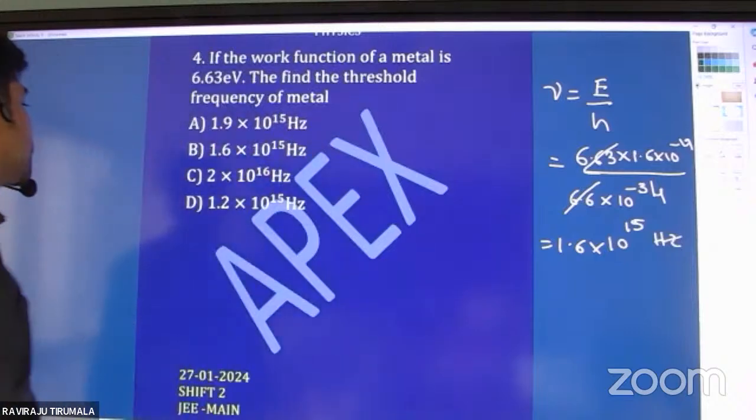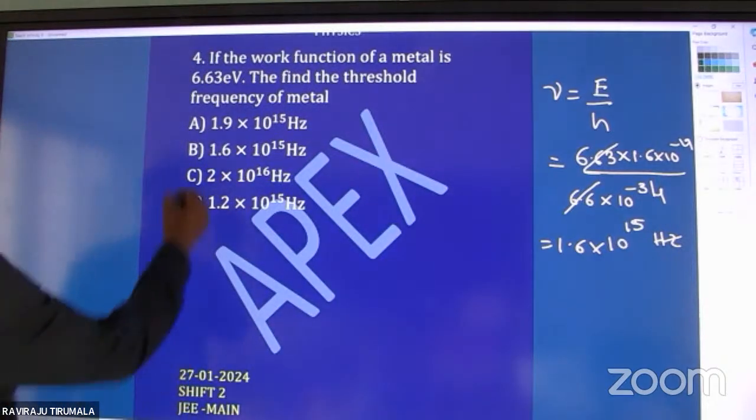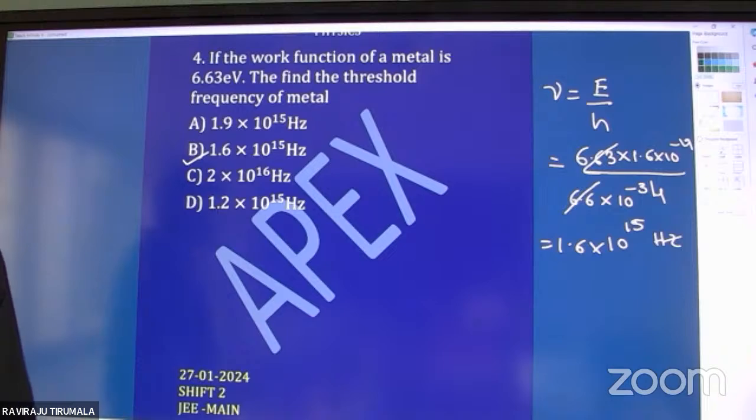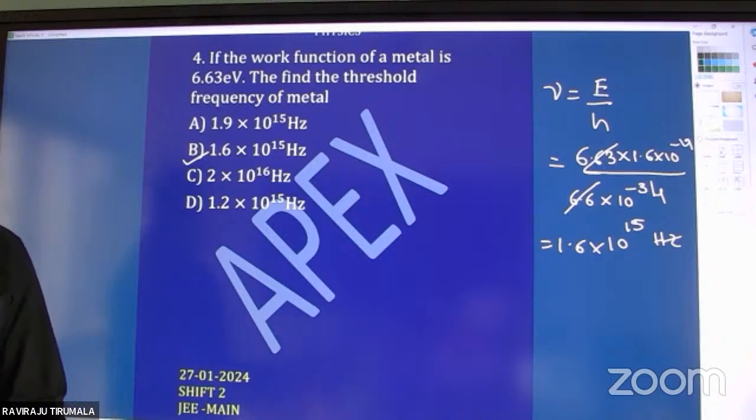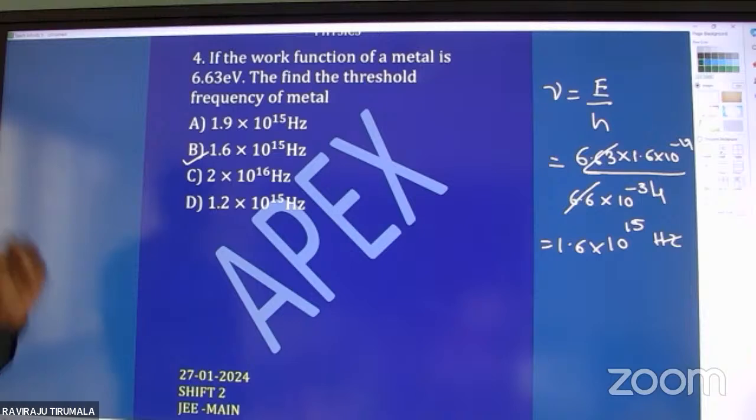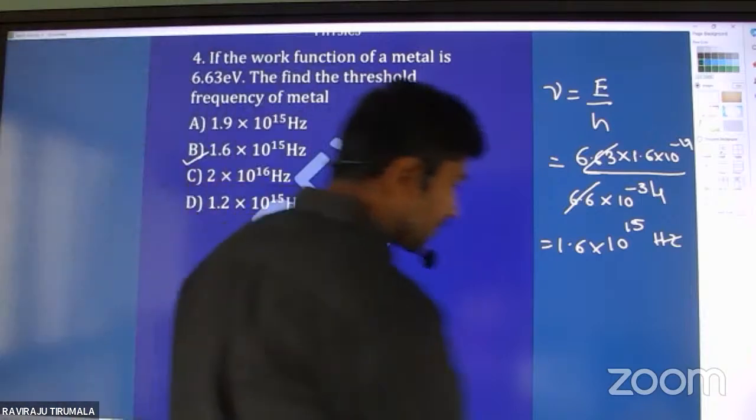It's a very simple question that was given. Where is that option? The second option will be the correct one. So simple, an energy value is given, and the corresponding frequency only they are asking. See how easy the questions are even in the JEE Mains examination. Okay, then